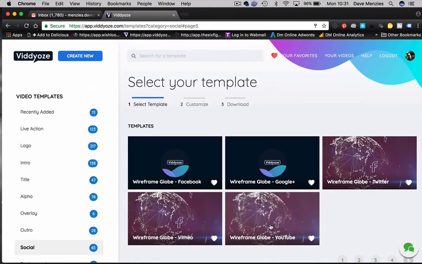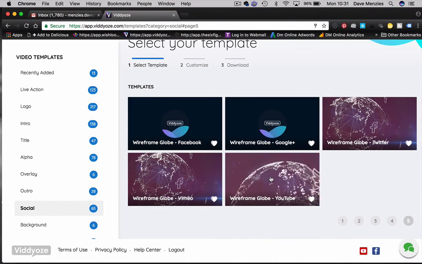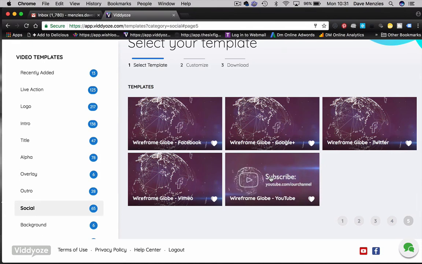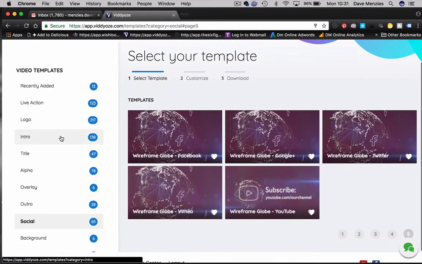Let these load up. There's a sort of wireframe one. So there are different versions for different platforms. Sometimes they'll cover a lot of different platforms. There's a subscribe to YouTube one. Pretty cool. So I think you can see, depending on the level that you go into this, it's very inexpensive